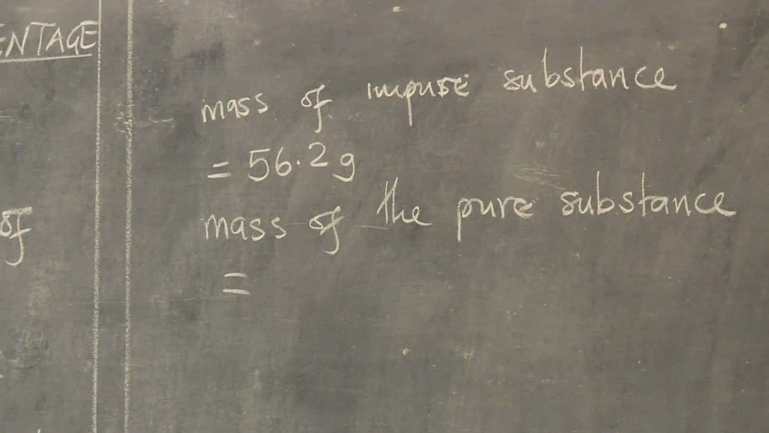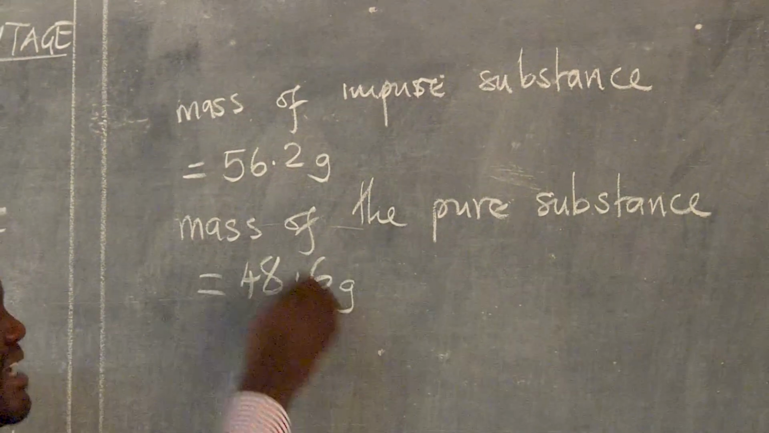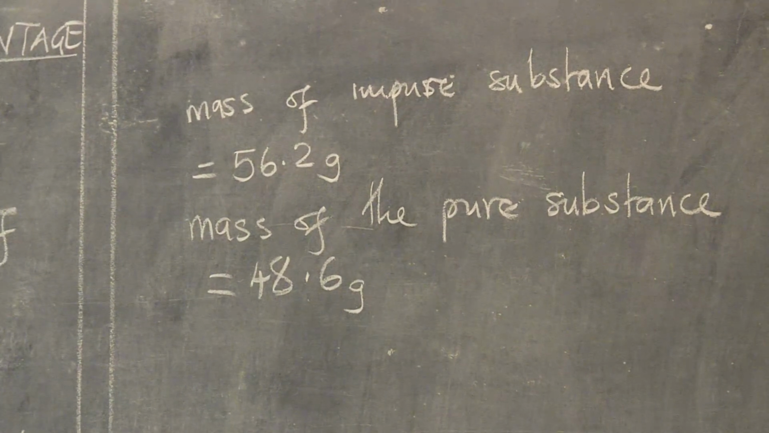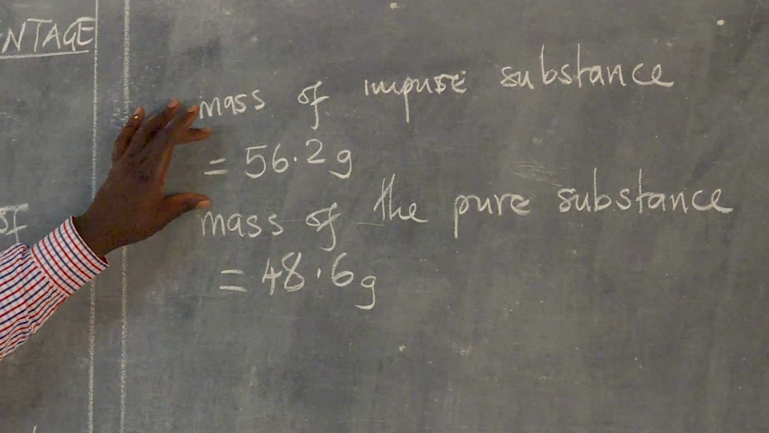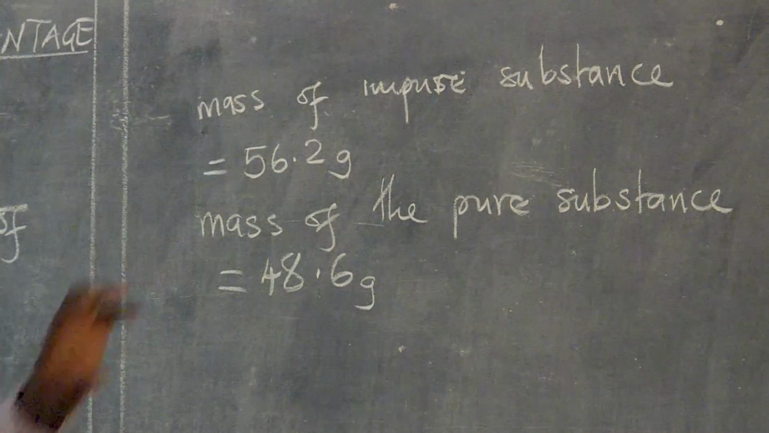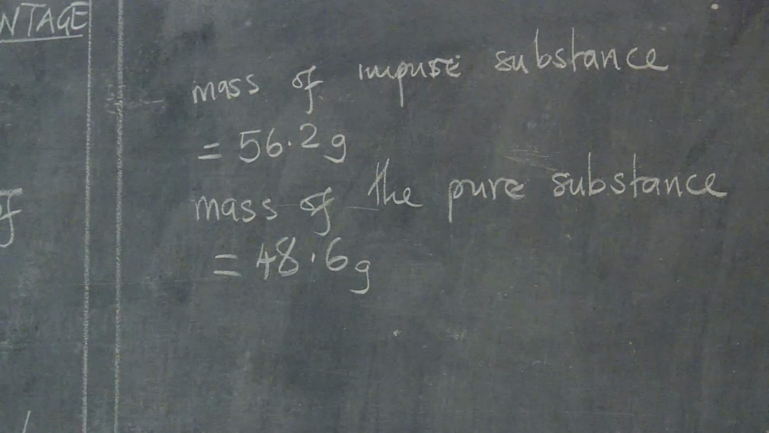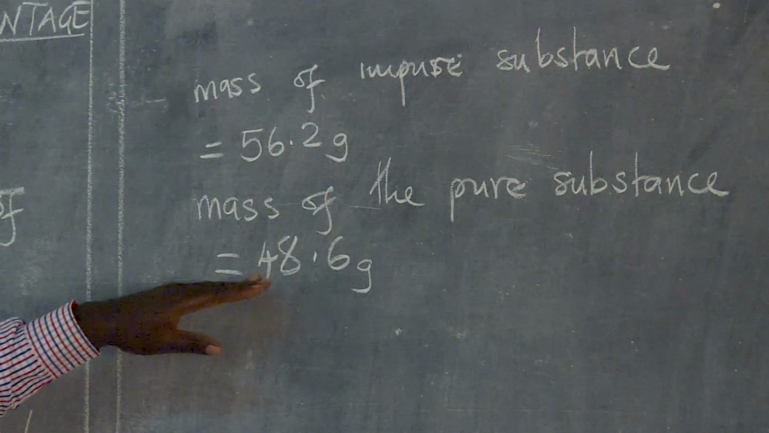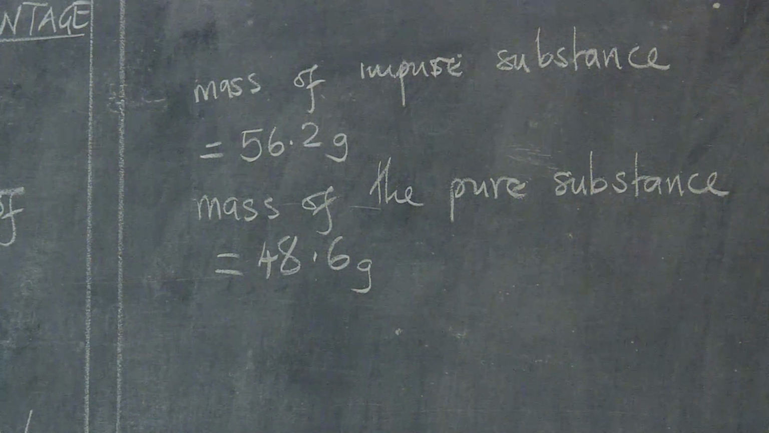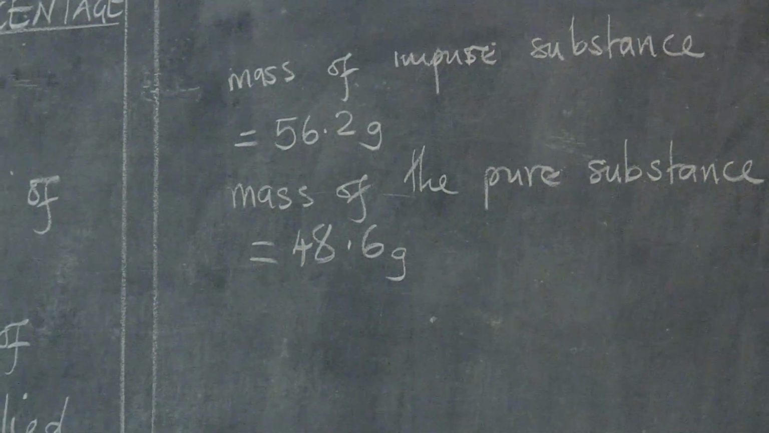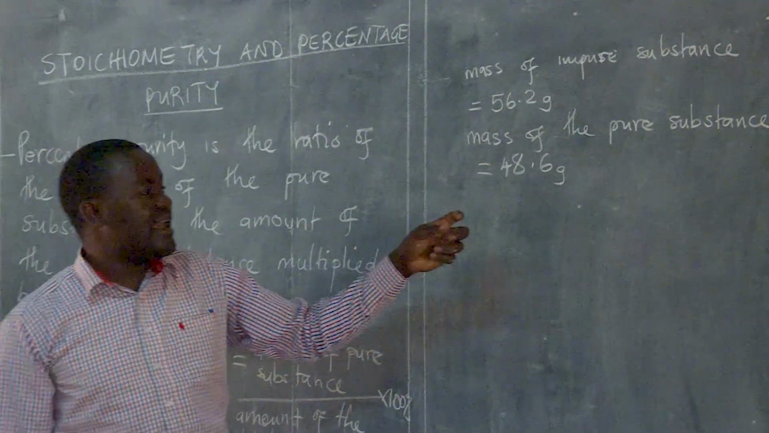And the mass it has given me is 48.6 grams. Are we together? Yes. So this mass is for the impure substance, for the egg which I had together with the shells. After I removed the shells, it has given me 48.6 grams. So for me now to determine the percentage purity of this egg, I'm going to say,